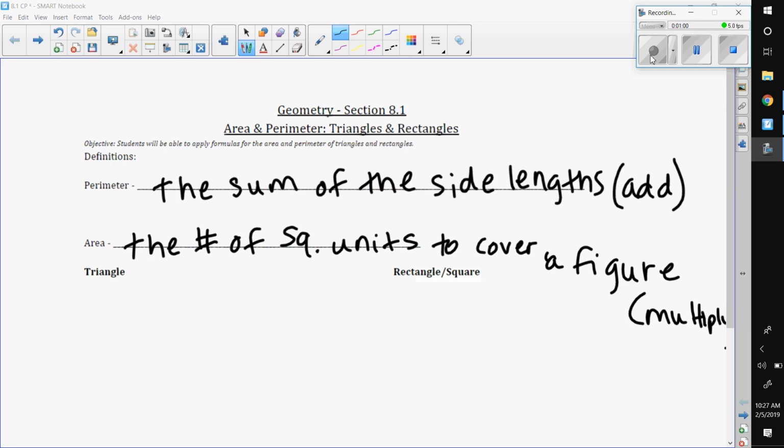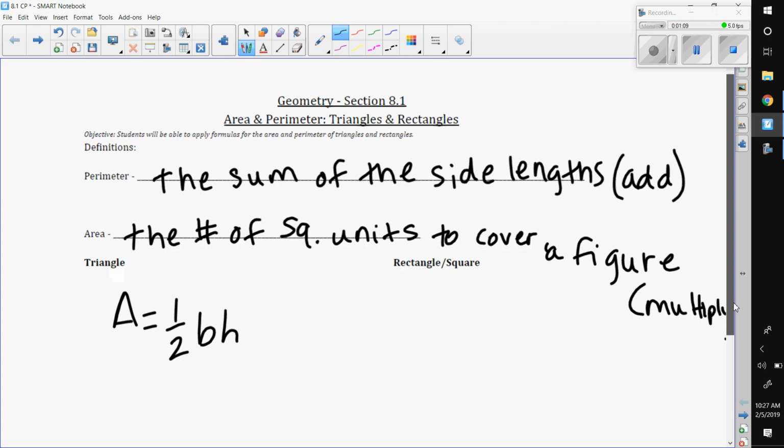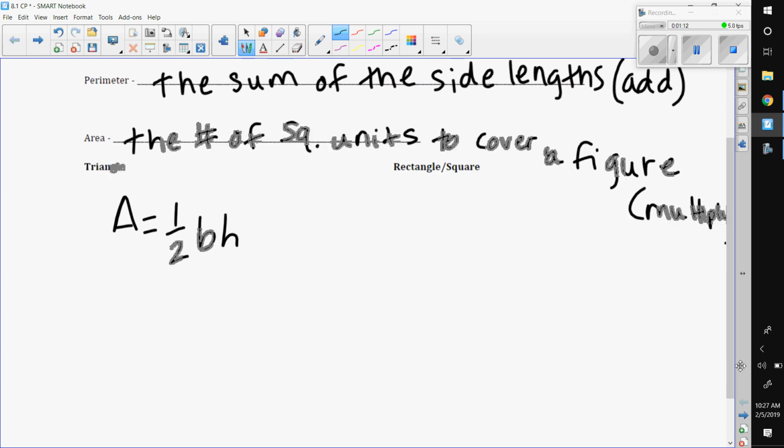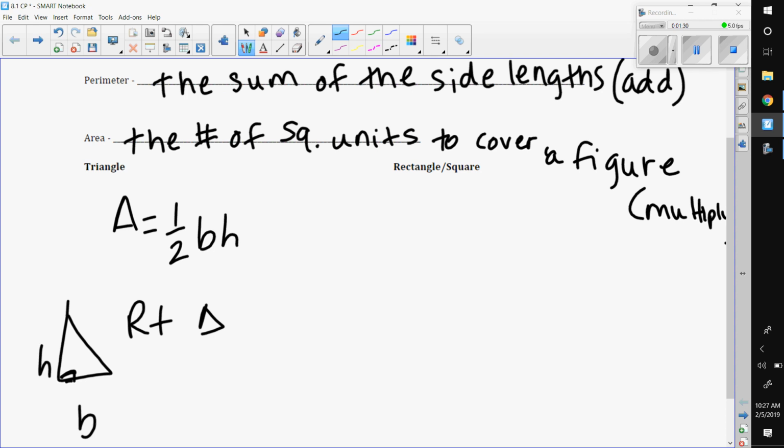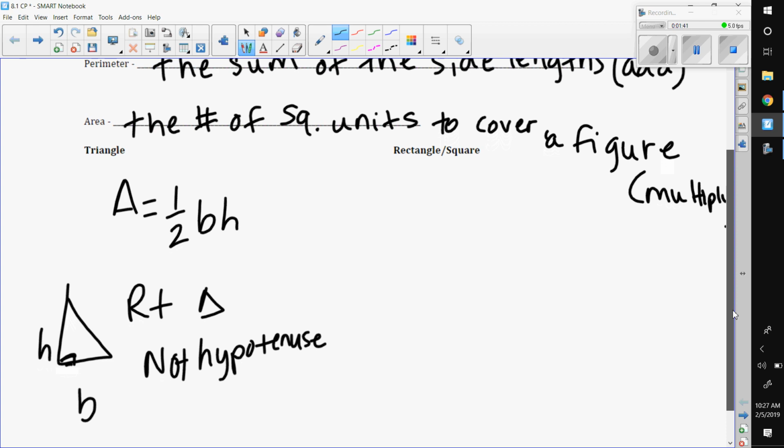So starting with a triangle, you have the formula A equals 1/2 base times height. Now if I start with a right triangle, so I'm talking about a right triangle, I'm going to have a base and a height over on the side. Okay, don't use the hypotenuse. When we have just any other triangle,